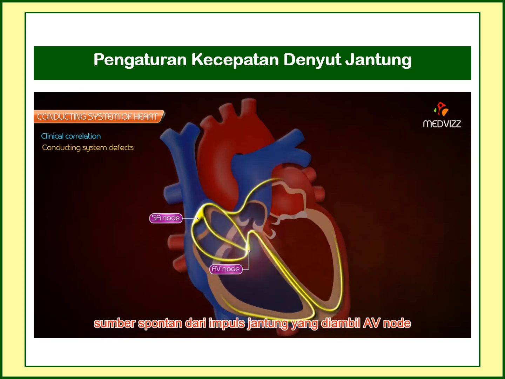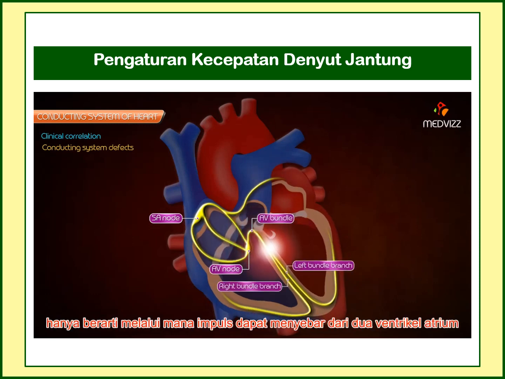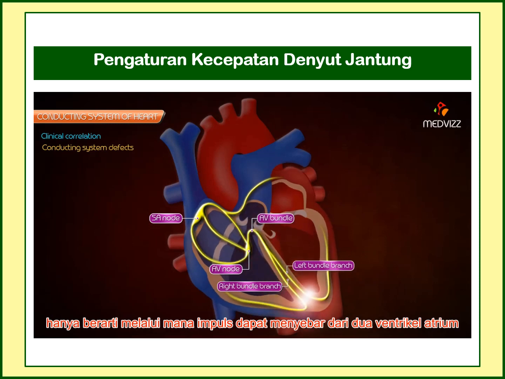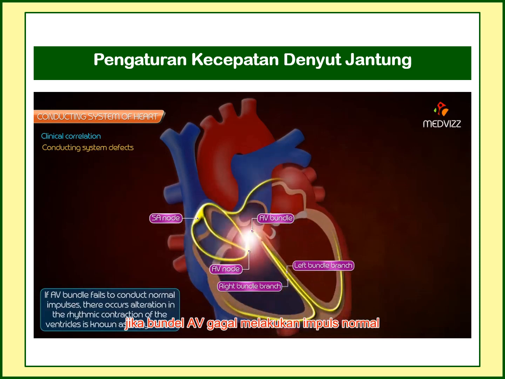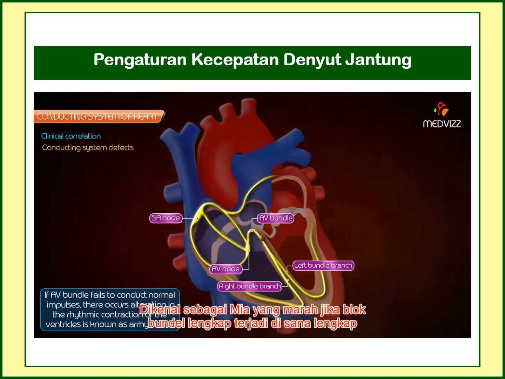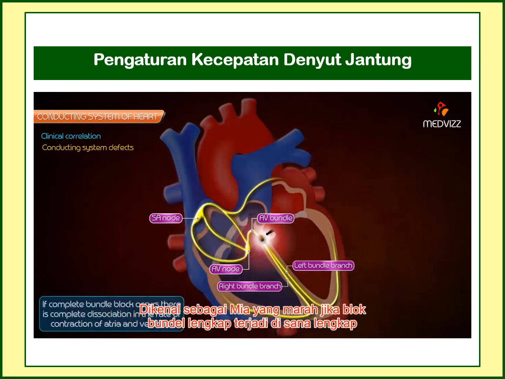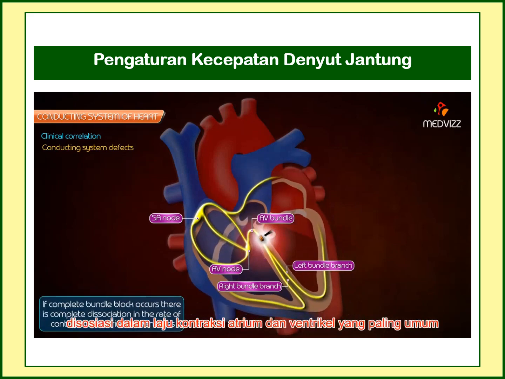The AV node picks up these impulses from the atria and sends them to the ventricles through the AV bundle, the only means through which impulses can spread from the atria to the ventricles. If the AV bundle fails to conduct normal impulses, there is alteration in the rhythmic contraction of the ventricle, which is known as arrhythmias. If complete bundle block occurs, there is complete dissociation in the rate of contraction of atria